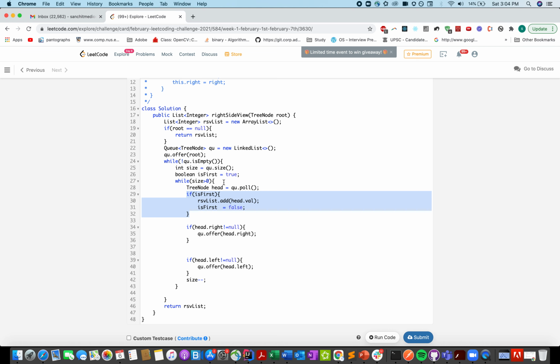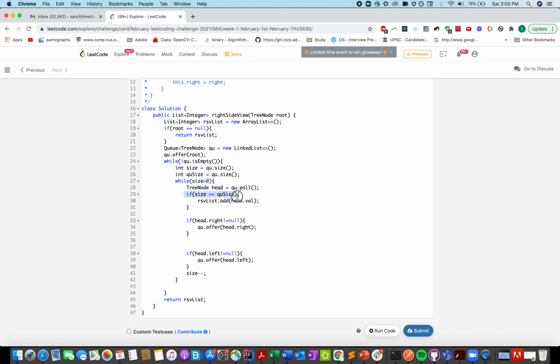Instead of this variable, we could have defined another variable qSize equals q dot size, and if size is equal to qSize, that means it's the first element. Again, we can add it for that particular case, which signifies that it is the first element at that particular level, and that will serve our purpose.